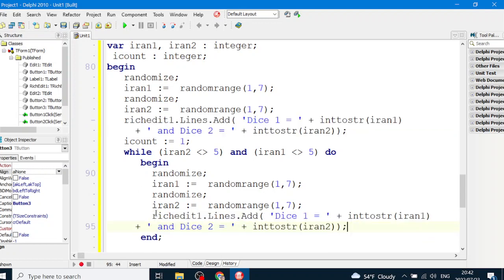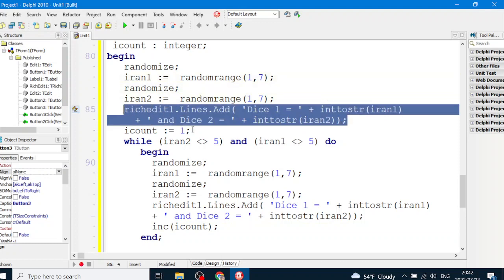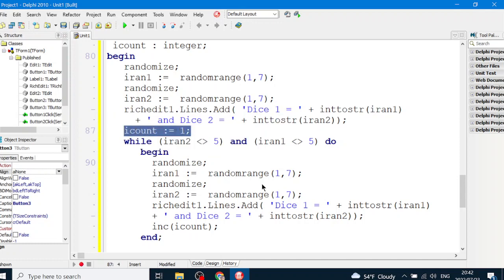Take note I'll do it before the loop, and inside the loop I'm going to increment our count, which will be counting how many times we generate the two numbers before we get a double 5. So we get our random number, our first random number, second random number, display it, and then make our count equal to 1 because it's the first roll of the dice,